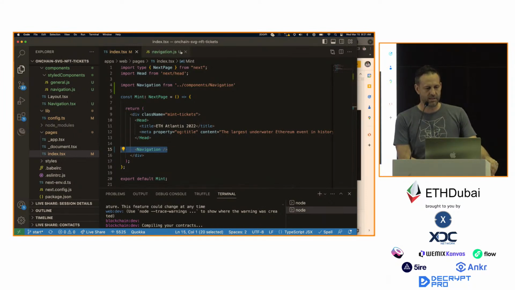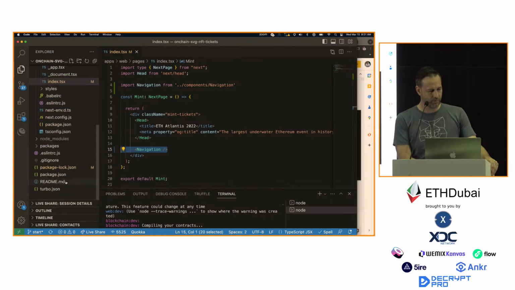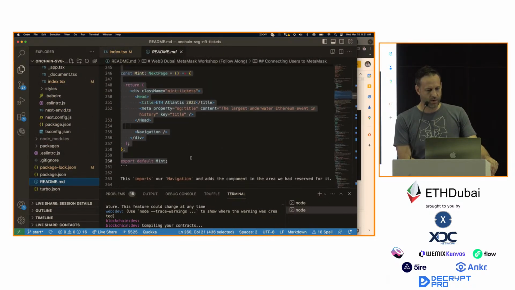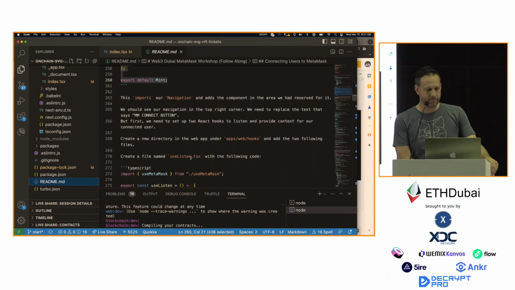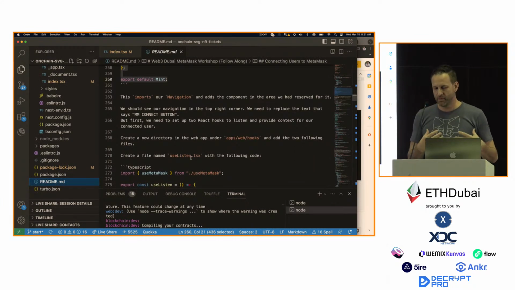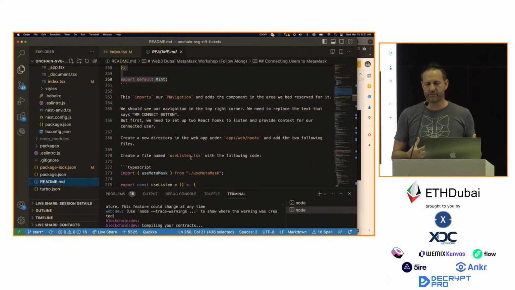So let's go ahead and close these. Open up our README again. All right, so where are we at now? Yeah, so what we just did there was we imported our navigation, and this adds the component to the area that we had reserved for it. We should also see in the top right-hand corner that Connect button, but we need to actually put a button there. But first, we need to do a few other things,